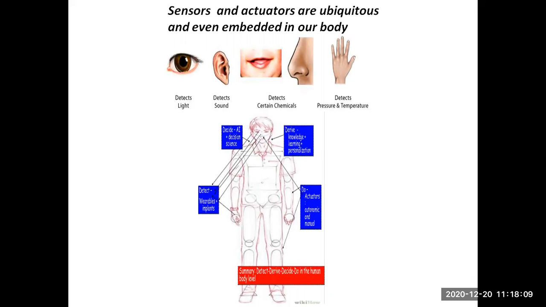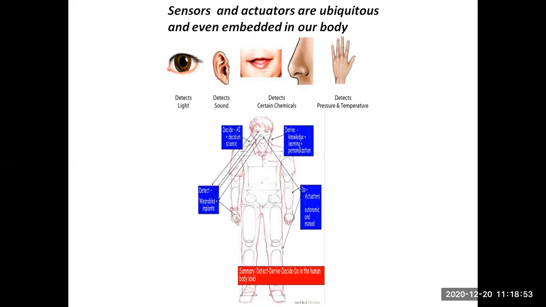So sensors and actuators are present everywhere and in fact they are also present in our bodies. They provide a mechanism to implement the control system that our bodies are. Let us take the example of our eyes. The eyes detect light, the ears detect sound, our tongue tastes different food, our nose smells, that's again a sense, and the palms of our hands sense pressure and temperature, and they give